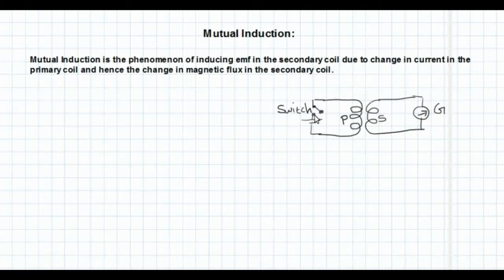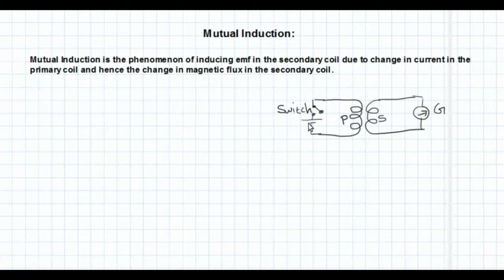So when we close the switch, there will be a current flow through the circuit, or the current will increase from 0 to a maximum value. And when the current increases from 0 to a maximum value, there will be a corresponding increase in the magnetic flux. So that magnetic flux will be linked to the secondary, or the secondary coil is connected to a changing magnetic flux, and as a result there will be a current produced in the secondary. So that is what is going to happen. Some part of this we have discussed in Faraday's coil experiment. This arrangement is very similar to that.